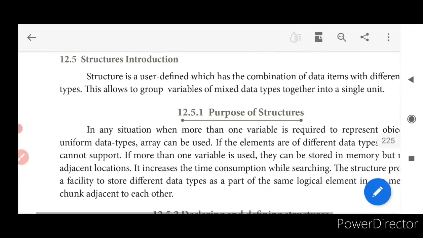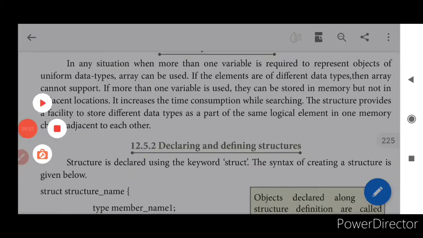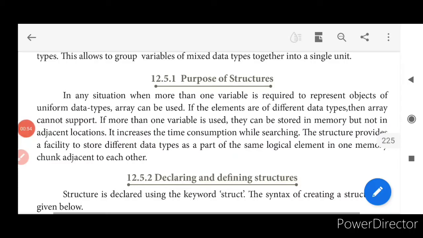Yes, what is the purpose of structures? So why do we get into structures? See, if many variables are going to be of the same data type, then we can go for arrays, isn't it? Array concept. Whereas if the data types are going to be different, what will happen? This array is not going to support. So in case we are going to use int, character and float of different data types, they are right.